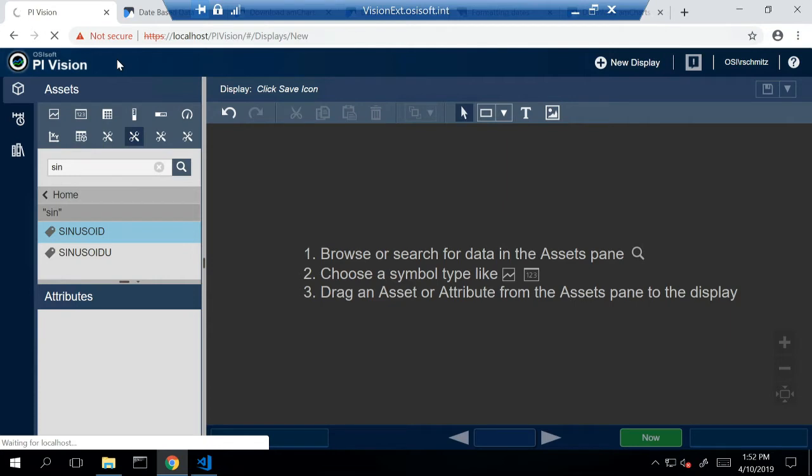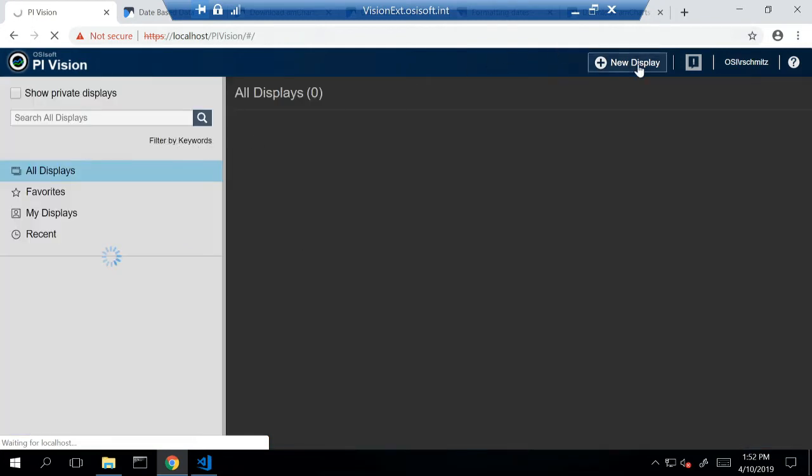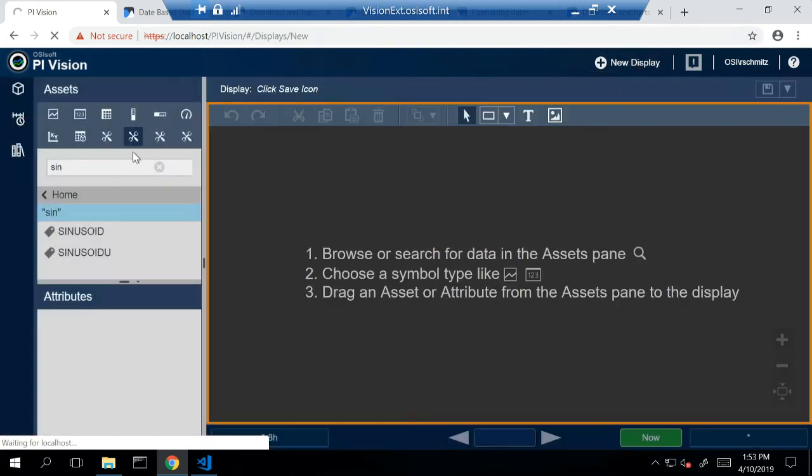All right. Not sure why it's taken so long, but just to give you an introduction, there we go. We'll go ahead and create a new display. And over on the left-hand side here, it's still loading up this guy. But over on the left-hand side here, you have your